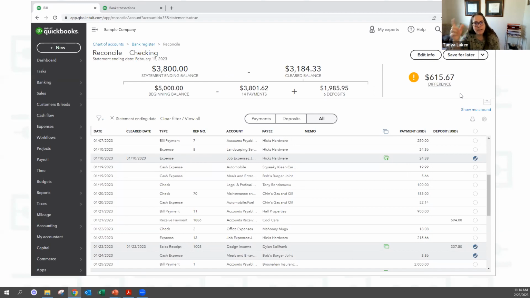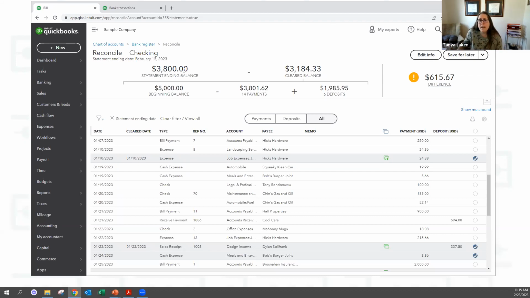If you're at any of those, so 9, 18, 27, 36, 45, 54, 63, 81, 72. I did those two backwards. But if you're off by any multiple of 9, it means it's a transposition error. So instead of typing 3,800, you should have typed 8,300. That's the transposition. You took 2 digits and flipped them around from what they should be.